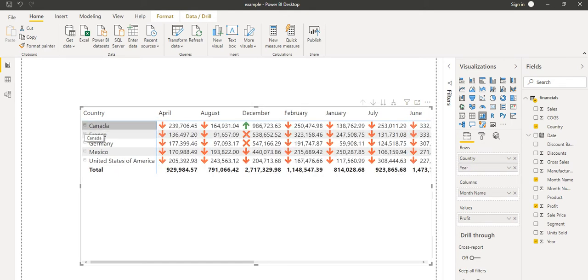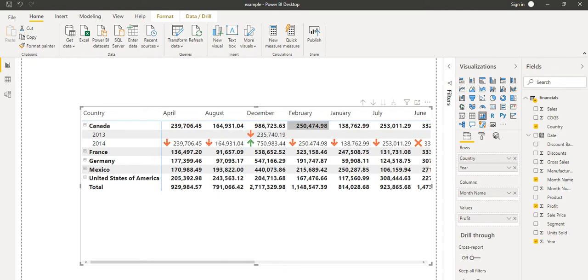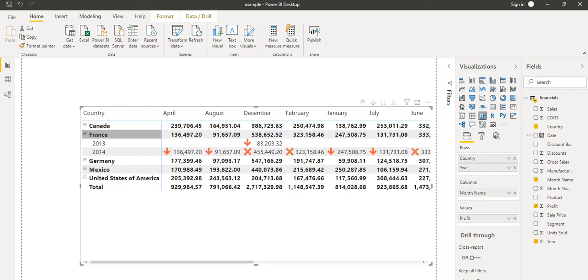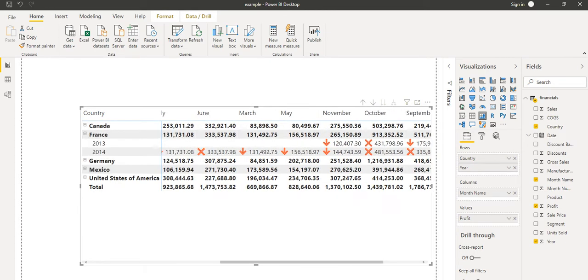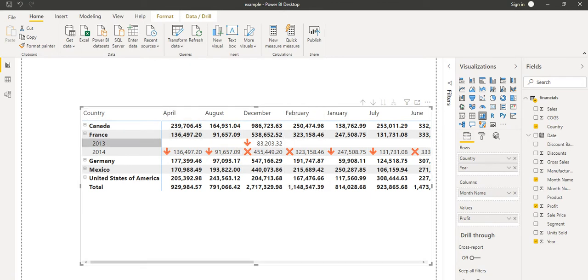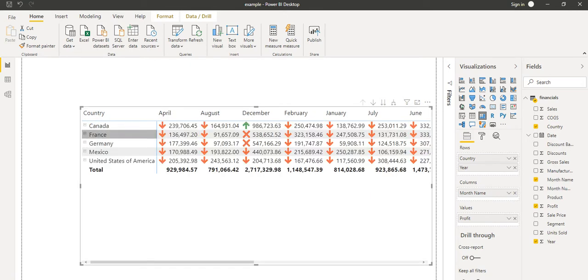Basically it is a hierarchy. It does not take much space, and in the small space it contains more information. When we want to see that information, we have to click on this plus sign, and we can see how these records are coming. It tells us that in 2013 this is the sales, and in 2014 this is the profit, and based on that it is showing the data. In that way this hierarchy is very useful. For a particular month and year, it is showing the data based on that.